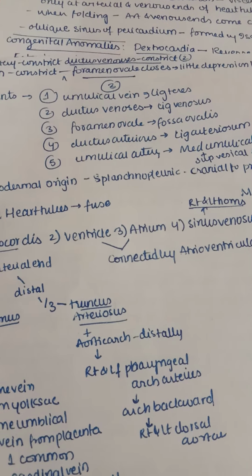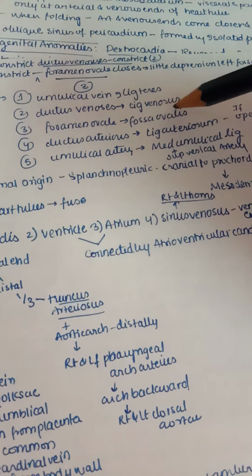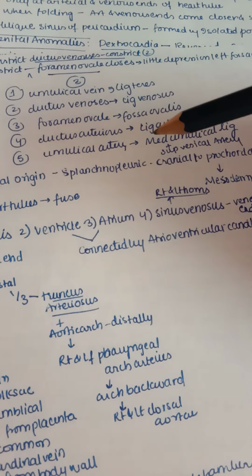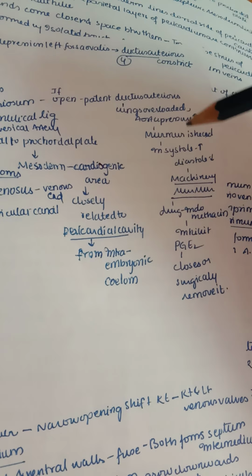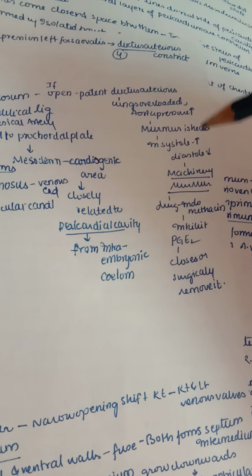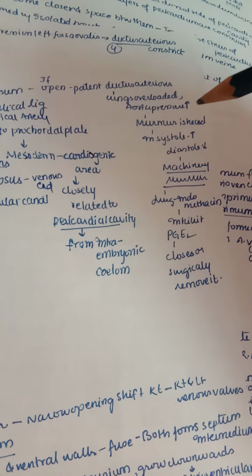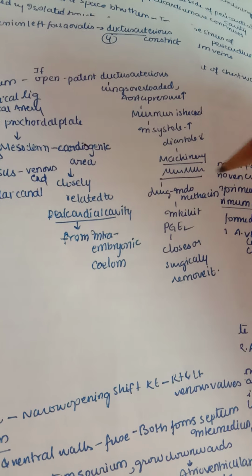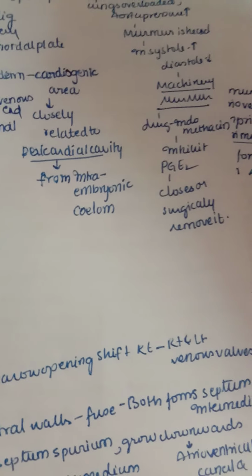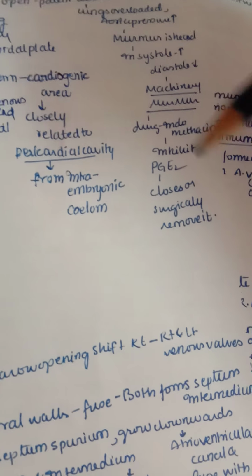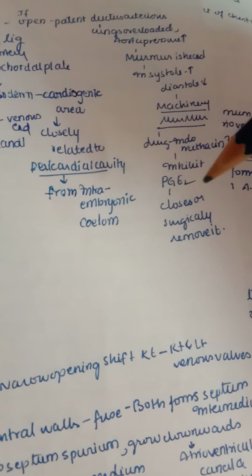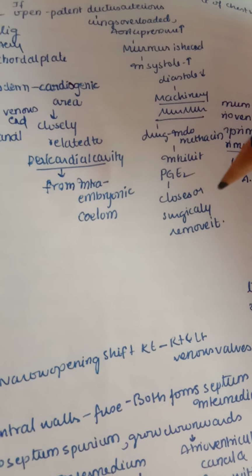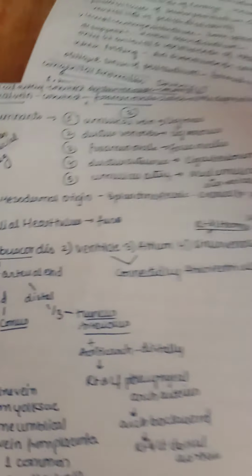So now let us see the post-natal remnants. Umbilical vein forms the ligamentum teres, ductus venosus forms the ligamentum venosum, foramen ovale forms the fossa ovalis, ductus arteriosus forms the ligamentum arteriosum, and if it is open, that is patent ductus arteriosus, the lungs are overloaded and the aorta has higher pressure and a murmur is heard. Here the systole is very high and the diastole is low. This murmur is called the machinery murmur. The drug given here is indomethacin, which inhibits PGE2. We know whenever PGE2 is low, the ductus arteriosus closes, or sometimes we can surgically remove it.